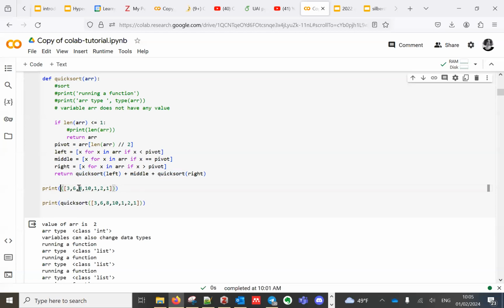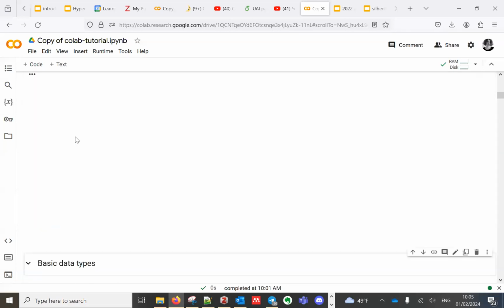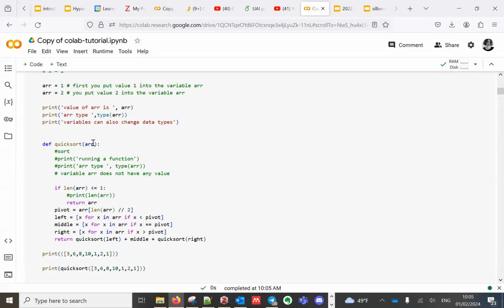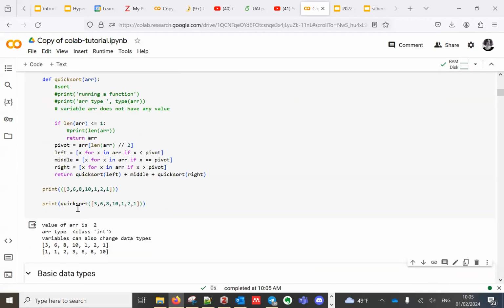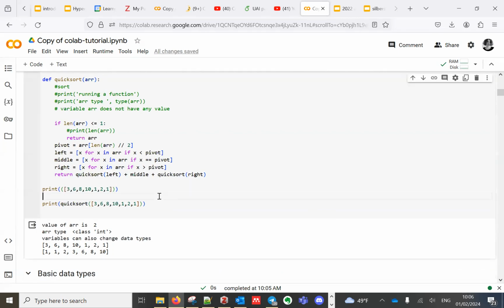So let's say that we want to print the unsorted array first, and then the sorted array. And let's see what happens: before this program, we have this array, which is a list of unsorted values. And then afterwards, these values will become the sorted array. I hope you will be able to understand and grasp the idea behind it.